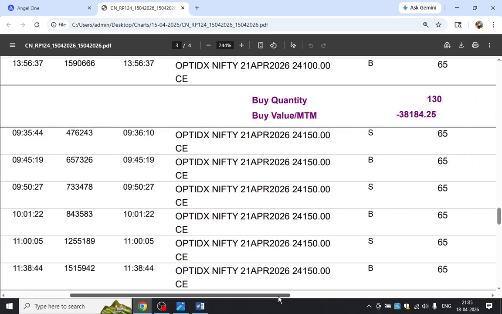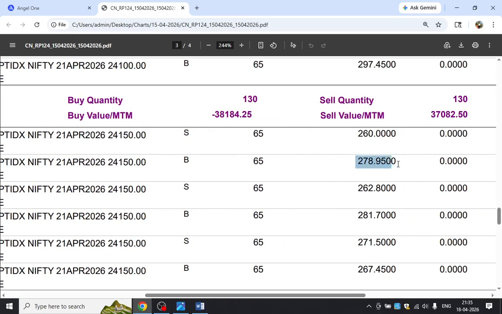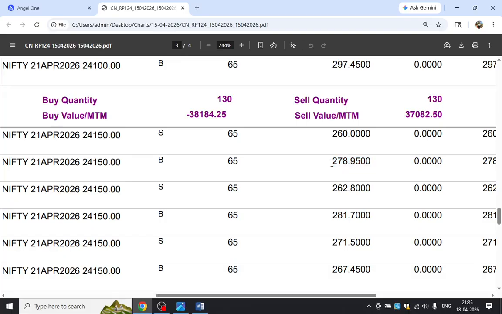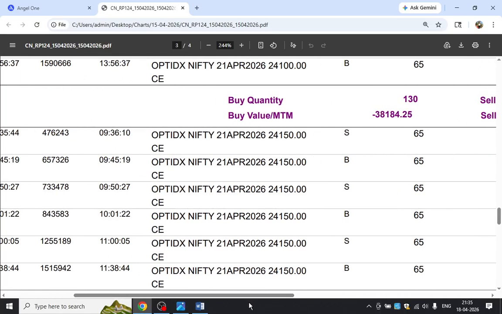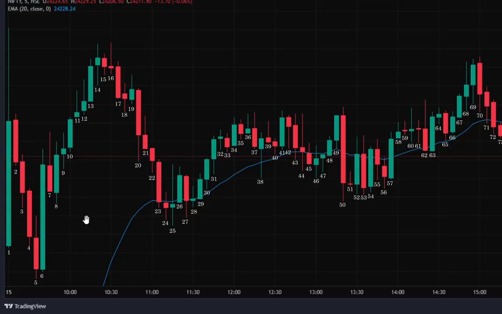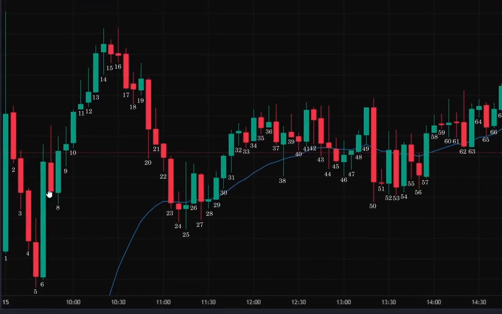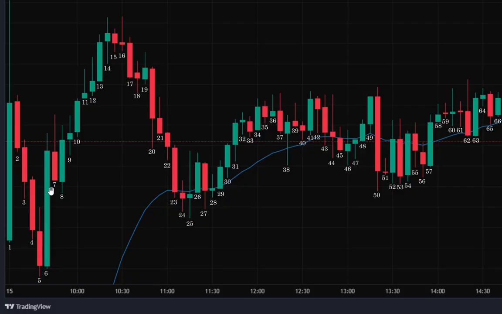cover that loss, around 18 rupees. I have to take the loss. I have to buy back at 278, 279 rupees. Almost 19 rupees of loss for me, because I didn't put a stop loss, so I have to get out at the market rate.